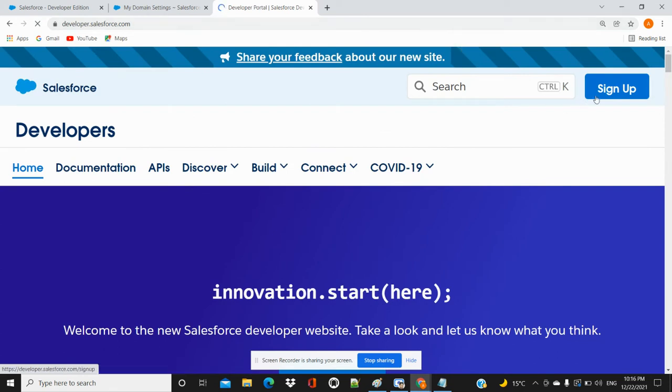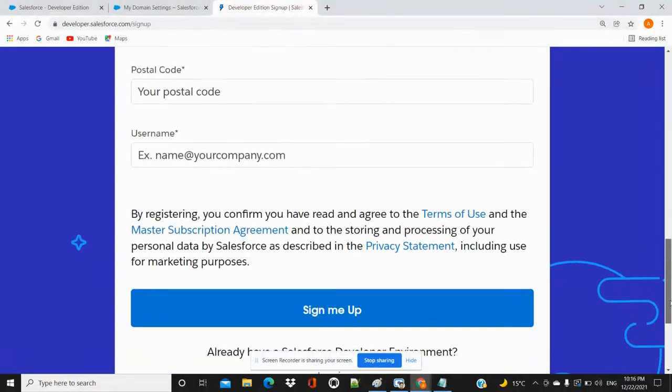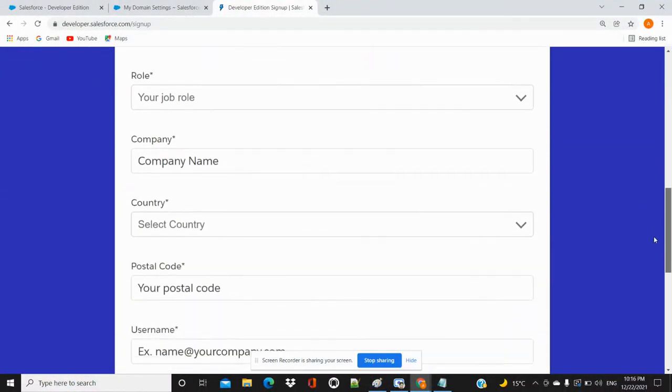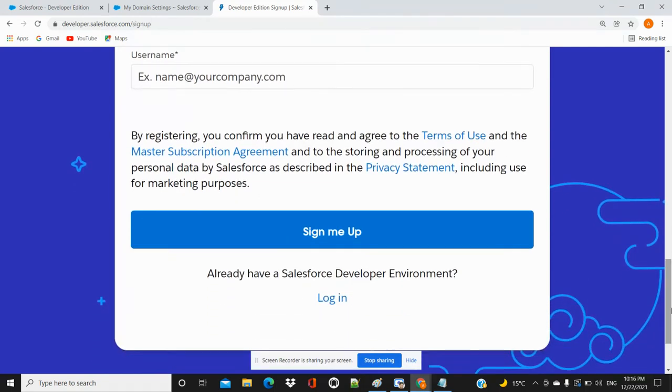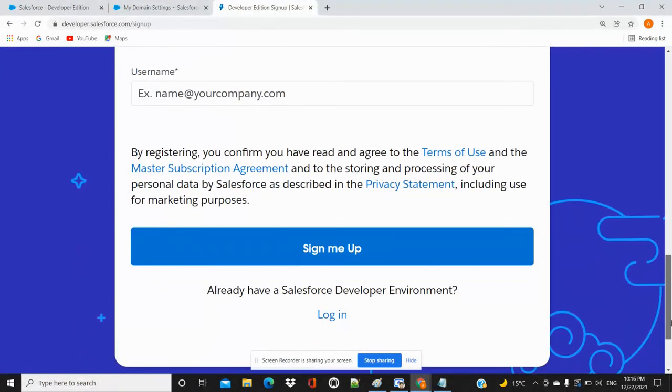You go to this URL, and then there is a sign up link. Once you click on sign up, you are able to see the sign up for developer org. You need to give some data, and then you need to enable the checkbox, and after that you are able to sign up. So this is the URL for creating the developer sandbox.